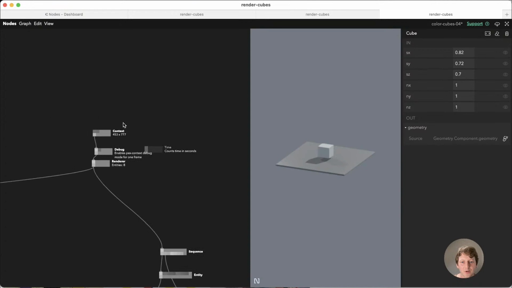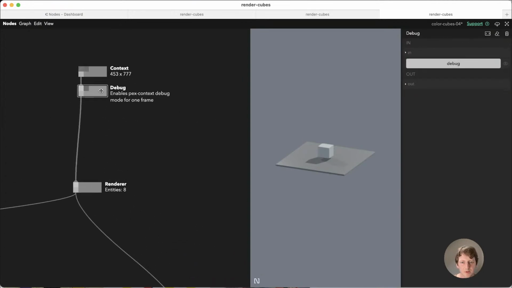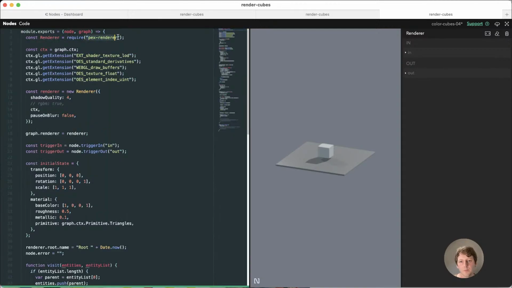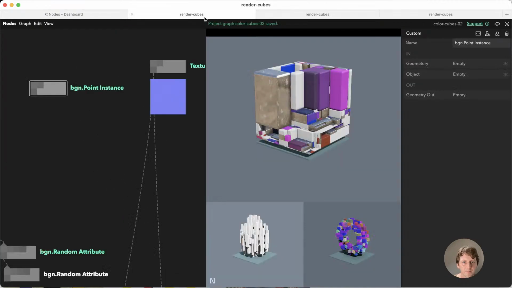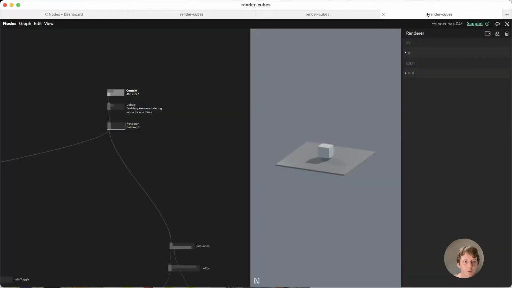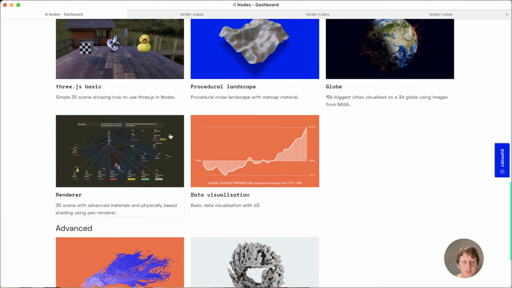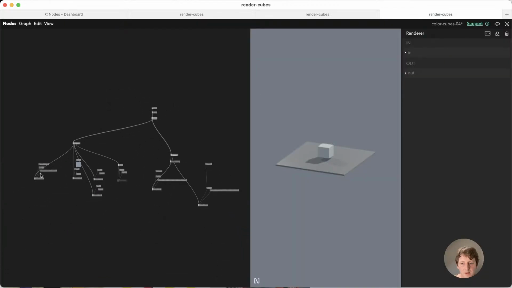Okay, so just to quickly cover what's included here. You have a WebGL context, then you have a debug node that logs some WebGL error messages if they happen to occur, and we have a renderer, which loads the Specs Renderer library. And most of the nodes you see here are built in this example, so you can just copy paste them. And there will be some modifications that I made